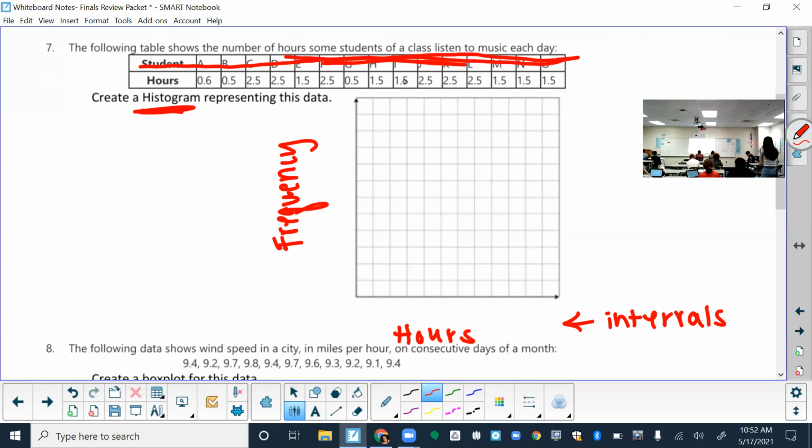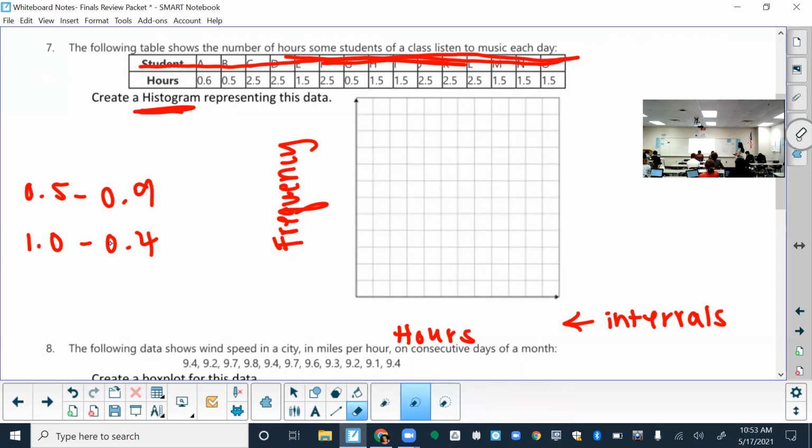So what's the smallest data point that I have on here? 0.5, right? So if I'm coming up with my intervals, maybe my first interval could be anything from 0.5 to 1. So that's 0.5, 6, 7, 8, 9, 10. That's 6 numbers. Maybe I'll actually change that to 0.9. I like intervals of 5, so 5, 6, 7, 8, 9. And then my next interval will be stuff from 1.0 to 1.4, sorry.